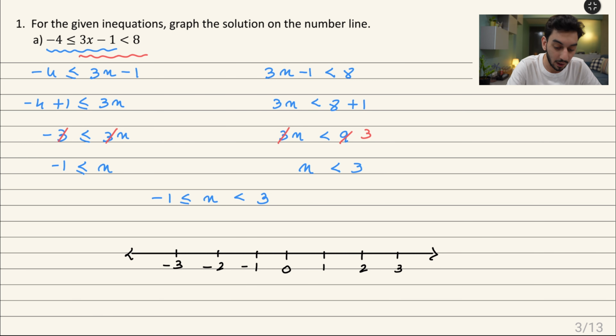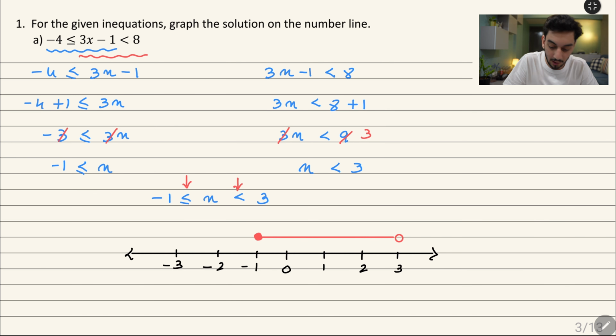Okay, fair enough. And then what do I do? I look at the inequalities. This one says that negative 1 is less than or equal to, which means x can be equal to negative 1. So if it can be equal to negative 1, I put a solid circle over here. And then 3, it says that x is less than 3. X is not less than or equal to 3, which means 3 cannot be the value of x. So 3 is not included. So I'll put up a hollow circle over here that's not included,